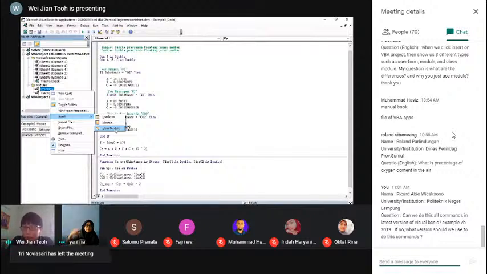Class module allows you to define classes. A class is a very object-oriented programming kind of concept. It's a more difficult concept, but if you want to know more, it allows you to define classes, subclasses, and you can access these classes inside the module. A class module is actually similar to a module, except that there are certain other functions related to object-oriented programming, which will take a very long time to cover, probably one whole day. So I'm not going to talk too much about it today. I hope that answers your question, Julian.